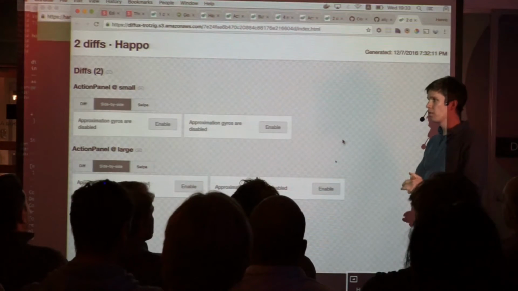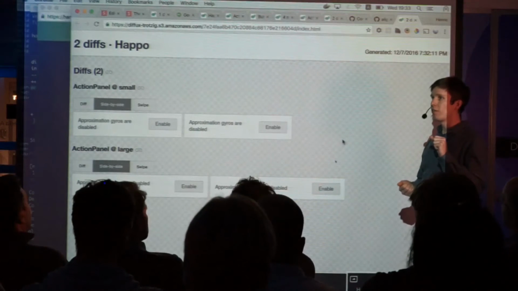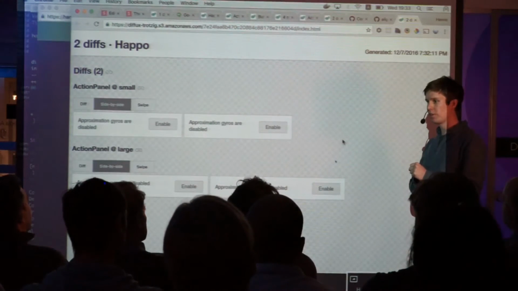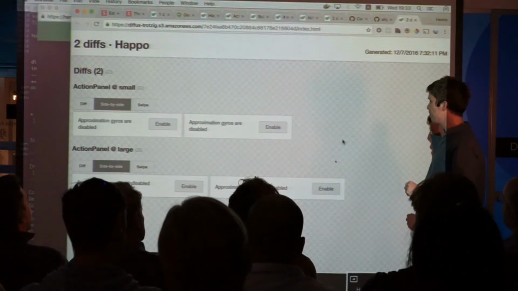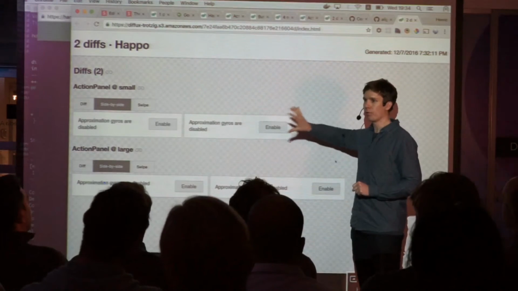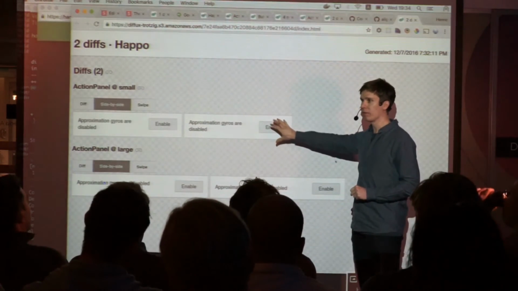Over the years, we've done a lot of hard work to prevent spurious diffs. So things like images not loading: Happo will wait for images to load. Happo will soon, hopefully, wait for background images too.